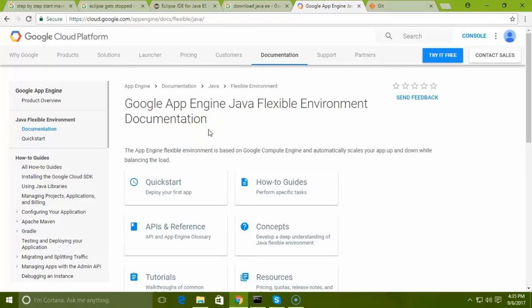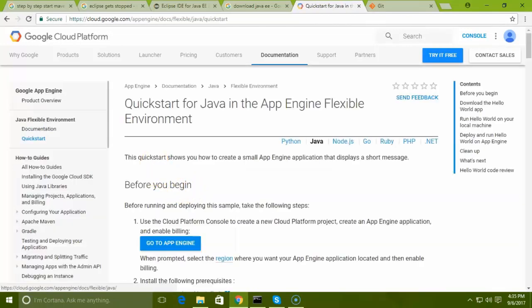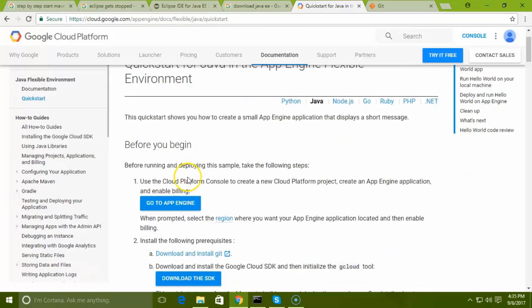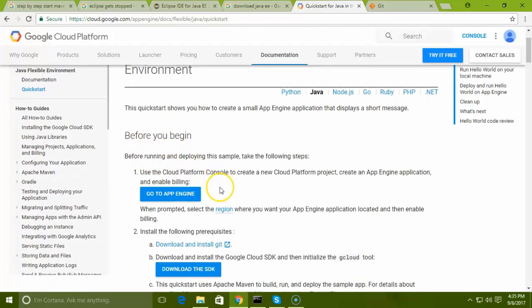So very first, I'm going to deploy your first application. So for that, I'm just going to click on Quick Start, deploy your first app. Click on it. And then you move to your next page where it's asking you how you're going to start with your flexible App Engine environment and what are the prerequisites you need to download and make your environment ready. So for that, I'm just going to start with